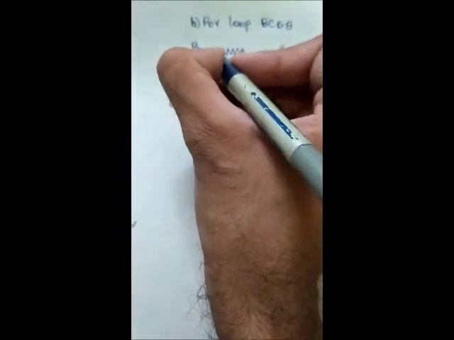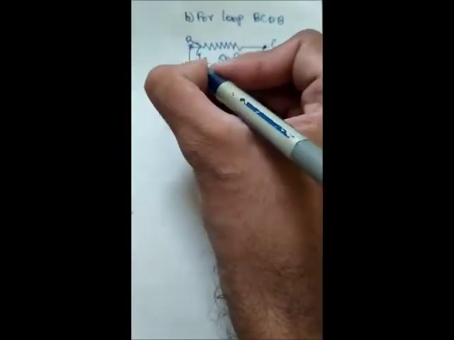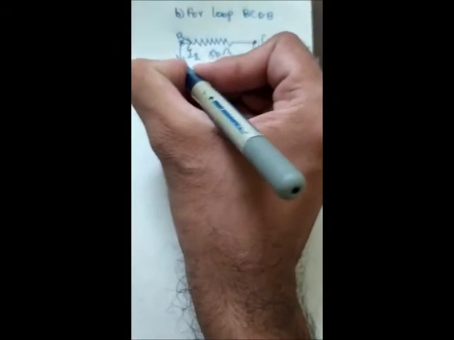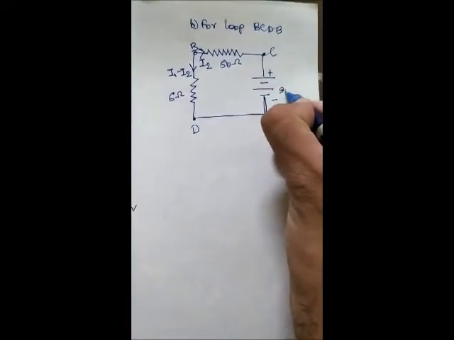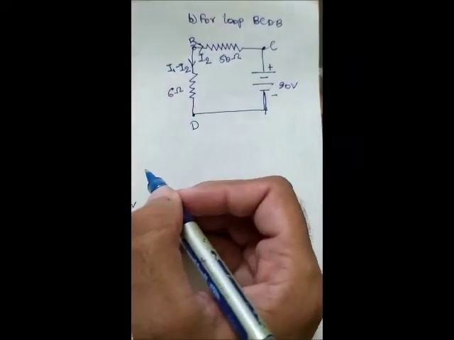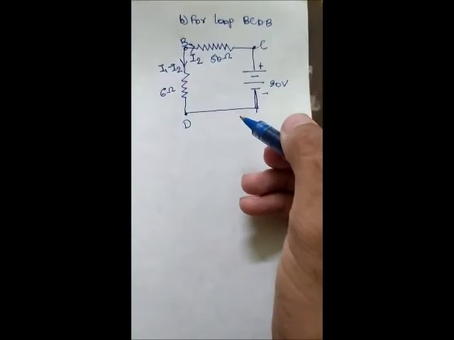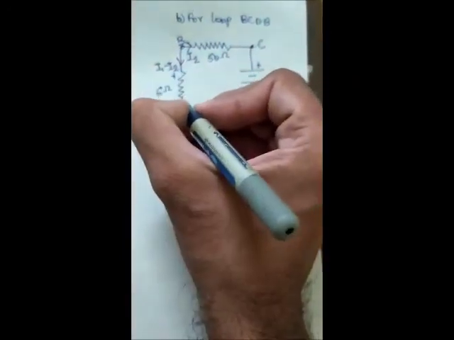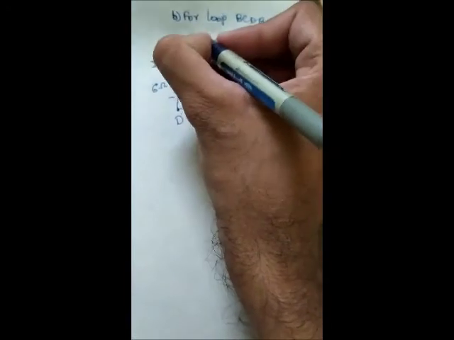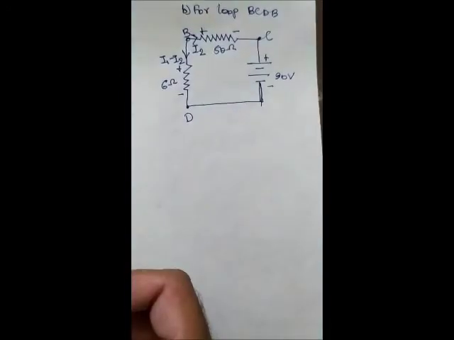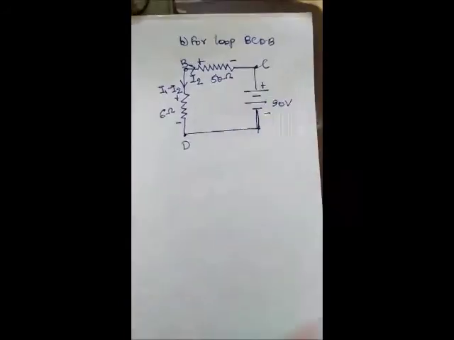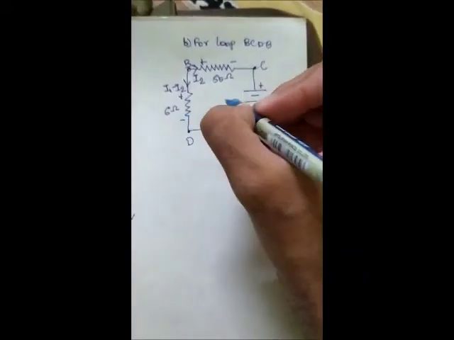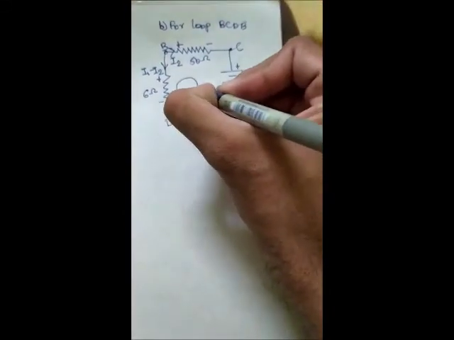BCD. Okay, so this is current I2, current flowing through is I1 minus I2. We will take the same current I1 minus I2 here, and this voltage source is of 90 volt. Okay, like this, as in the first one, we have marked out the current direction for the second loop. Okay, now solve this. Your direction of the current will be in this manner only.